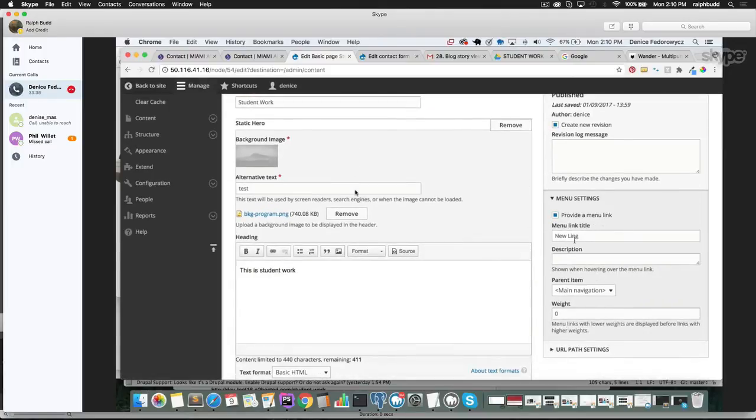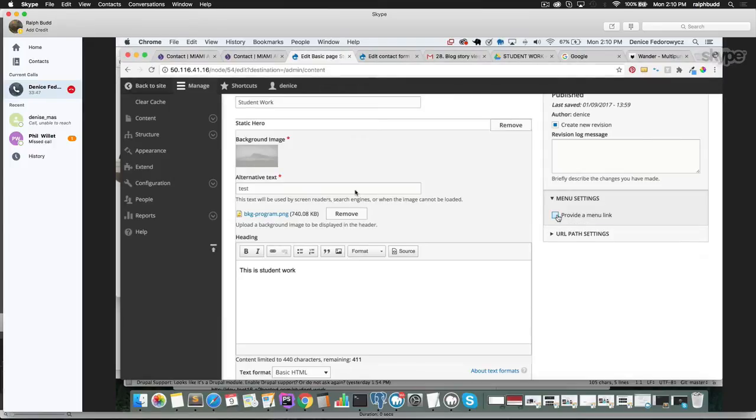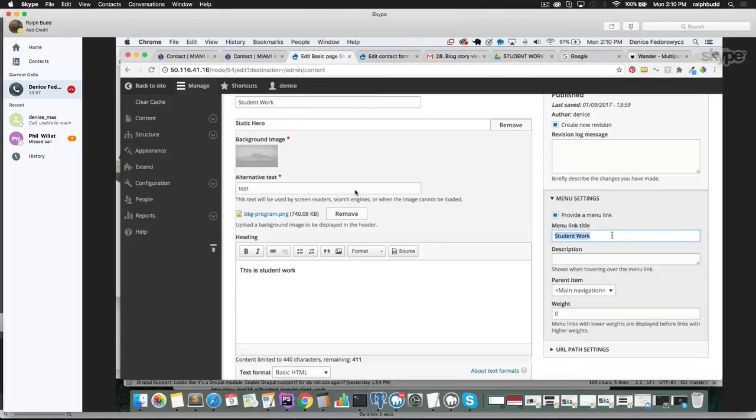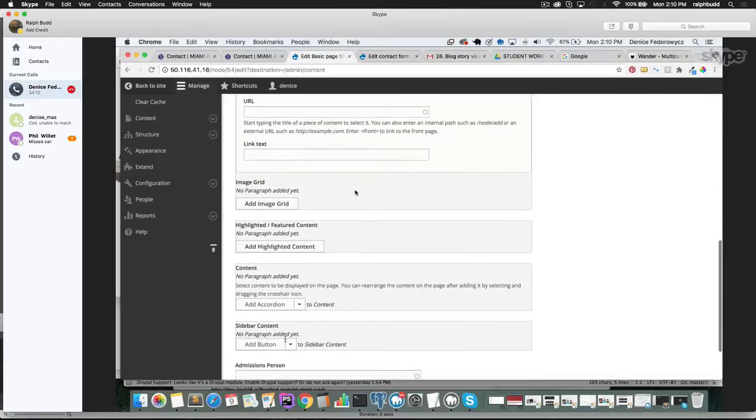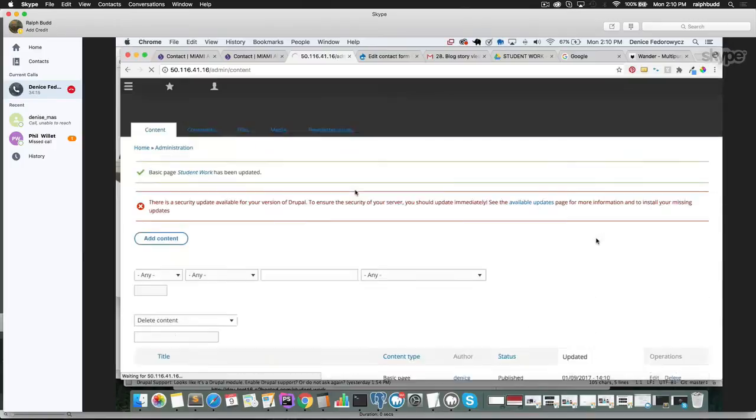Okay, so you see how it's automatically populated here? Because I already created a link to this page. So let's say if I create a brand new page, right? In the sidebar, you're going to see this: provide a menu link. And if you want to add a menu link, I can just make a title. This is going to be whatever the link title is. And then here you can actually select if you want it in the main nav or not. And then just save the page. And then that'll actually publish